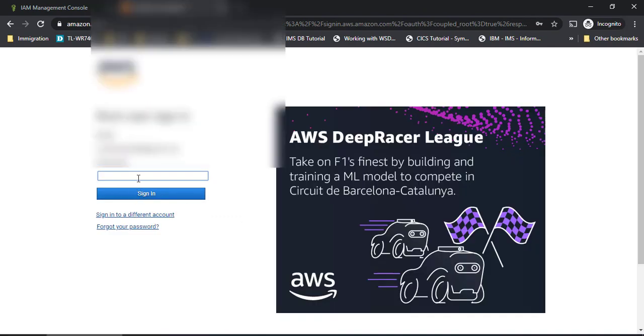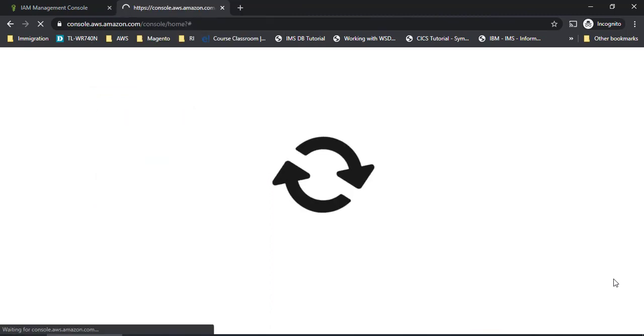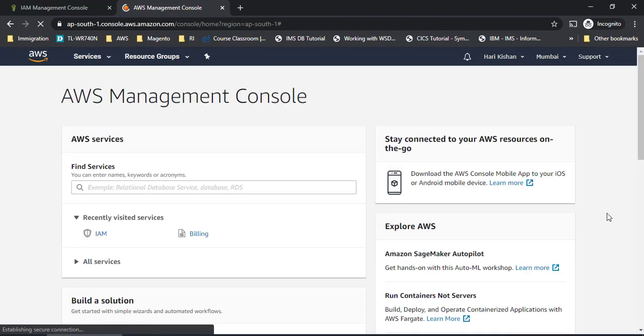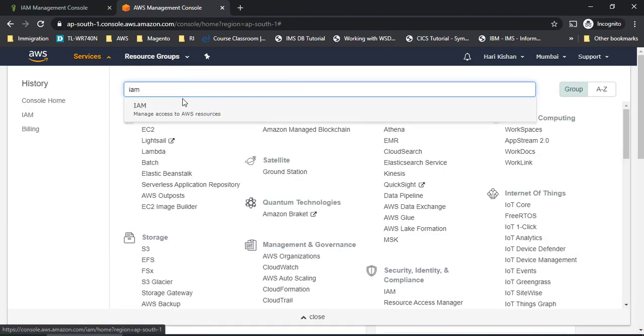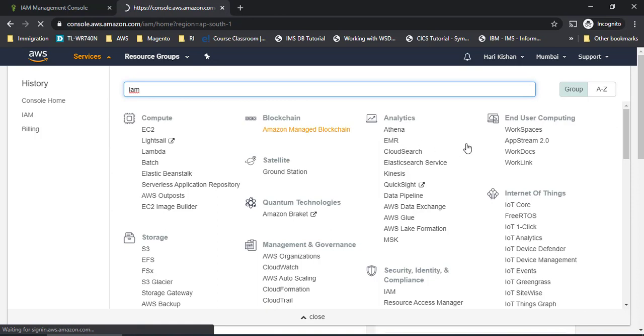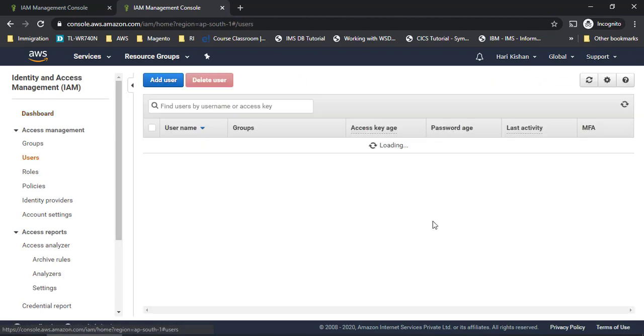Okay, I'll clear this one and then I'll go to my root account, sign in. Okay, and then I'll try to edit it from here now. Because I was logged into that particular admin account and I had deny permissions added to that particular thing, I was not able to do any changes to my account. So that shows how powerful the deny permissions are. That is the reason it is very important to understand what kind of access we are giving, right?